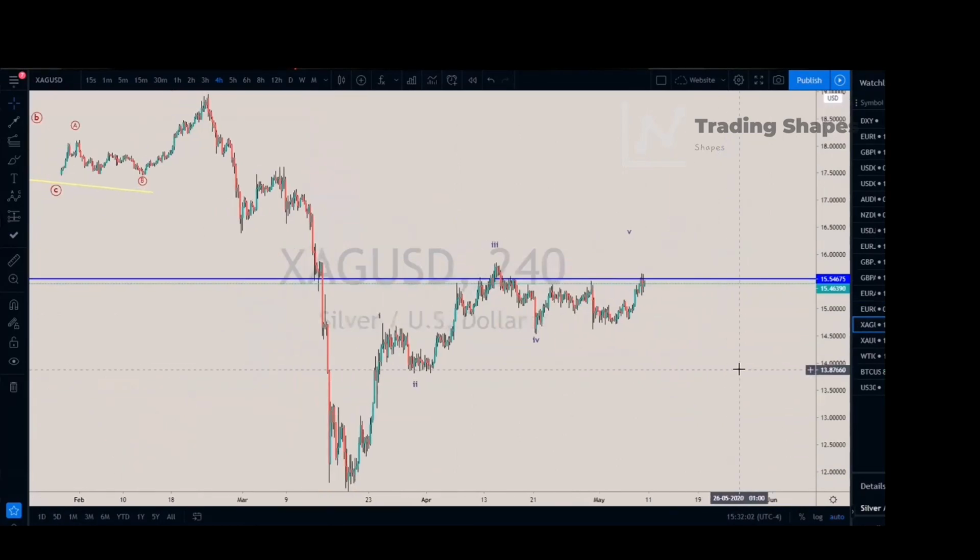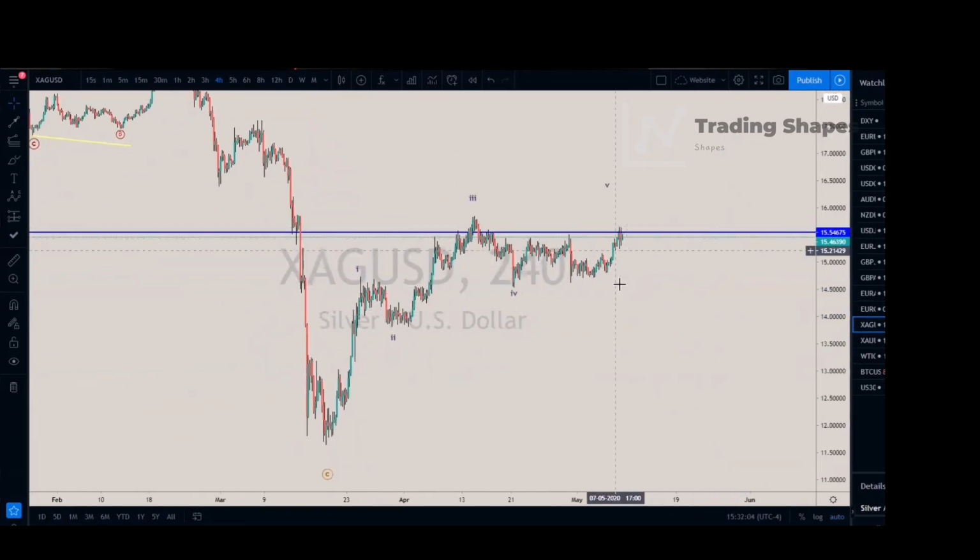XAG, if you are in the gold membership, as expected, to go long till the top here, and that's where we're heading. To complete this one, we might have a drop. This drop can stop around here and continue moving up, or it can drop all the way down. But I expect the following from what I see, and then move up.